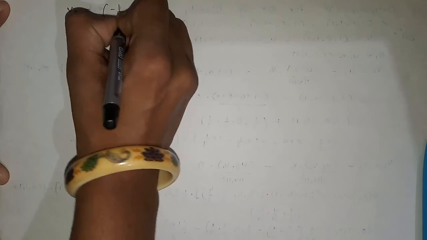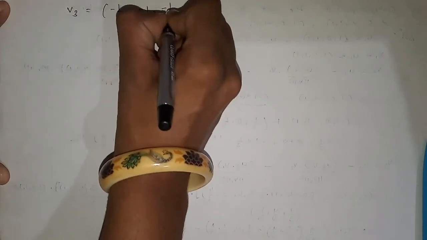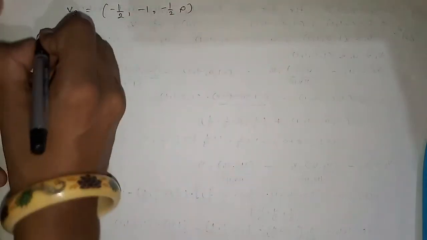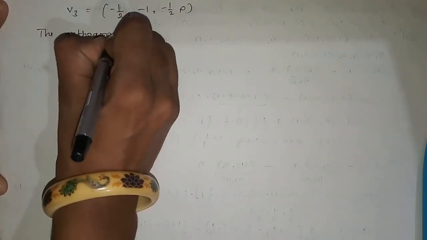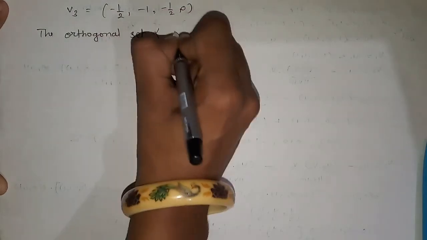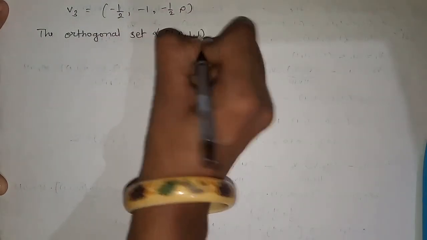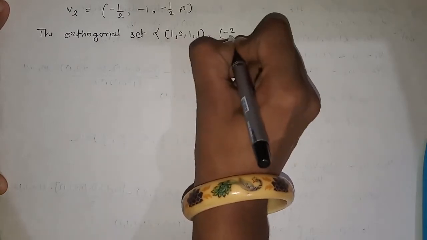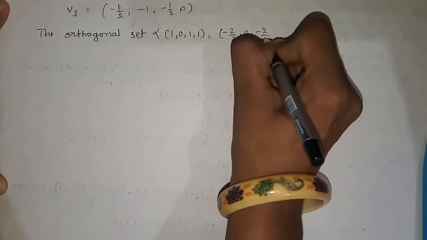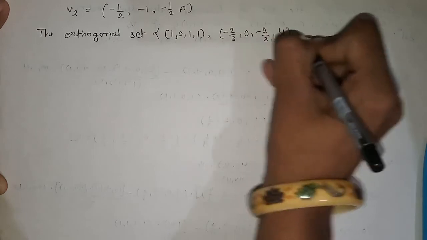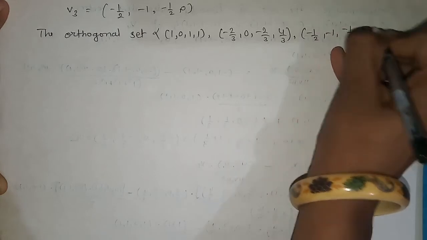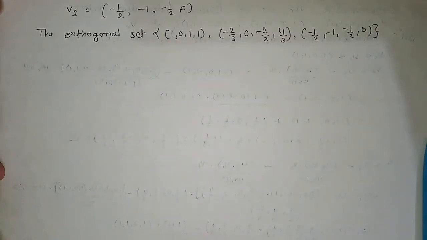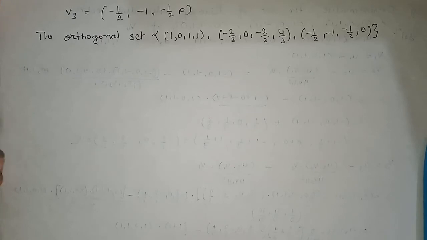So we are getting V3 as (-1/2, -1, -1/2, 0). So the orthogonal set is {(1, 0, 1, 1), (-2/3, 0, -2/3, 4/3), (-1/2, -1, -1/2, 0)}. So this is the orthogonal set, but in this question it is asked to find the orthonormal set, so we have